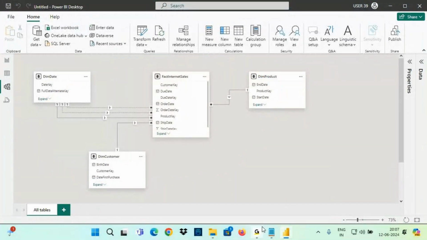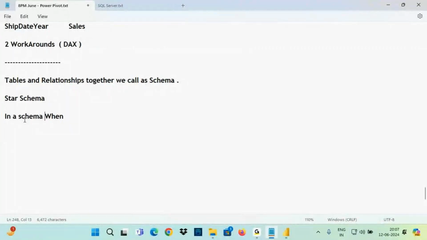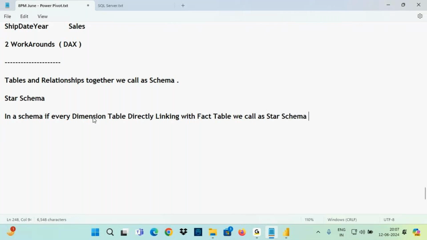In a schema, if every dimension table is directly linking with the fact table, we call it a star schema. Okay, it's a star schema. Now,